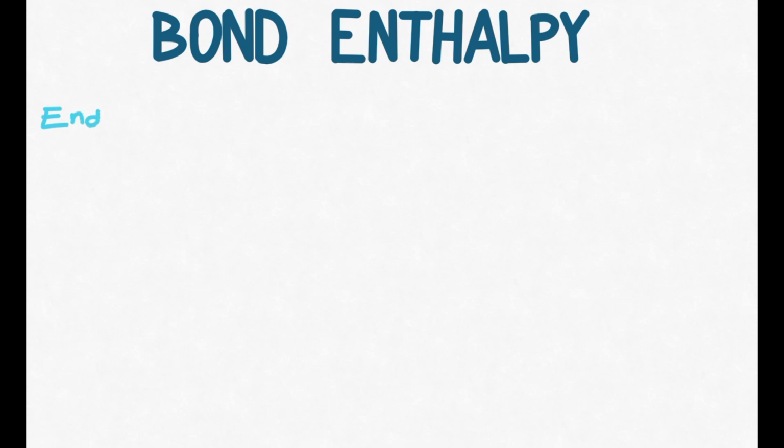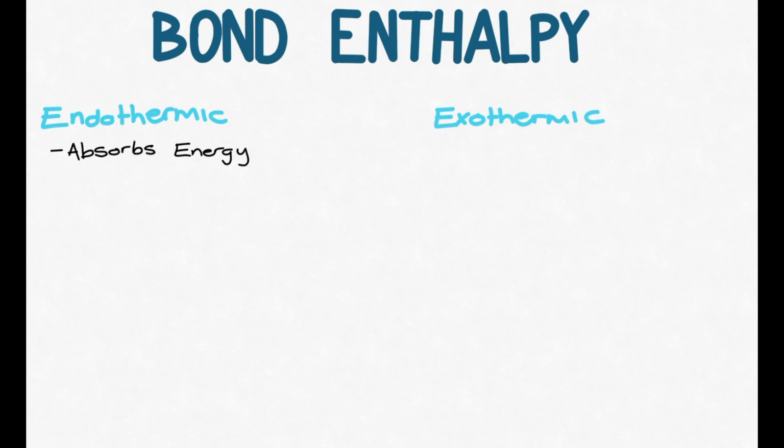So today we're going to have a look at bond enthalpies. Now we already know that endothermic reactions absorb energy, and this is because they require energy for the reaction to happen. This will make the external environment of the reaction feel cold. Now, exothermic reactions release energy and they basically give off energy into the environment and heat up the environment, and